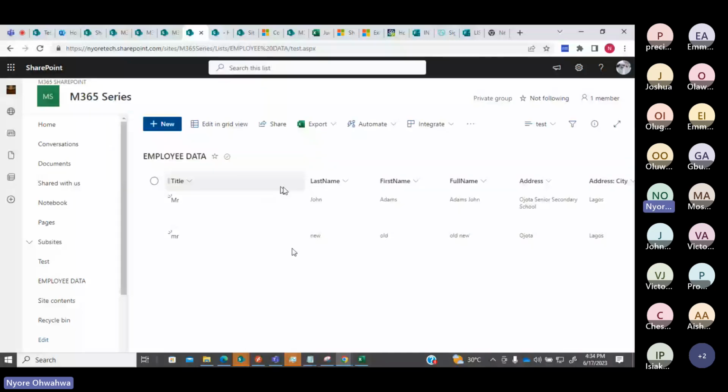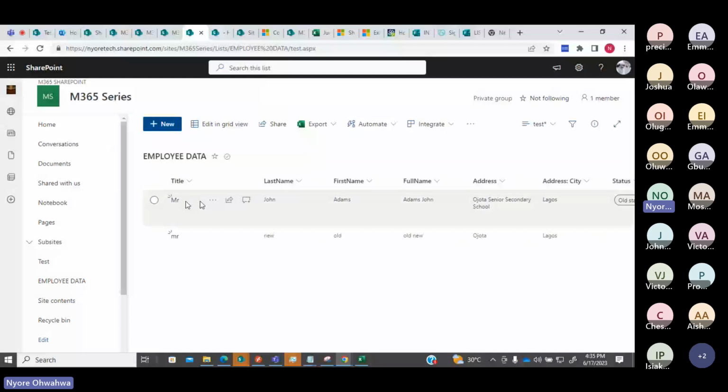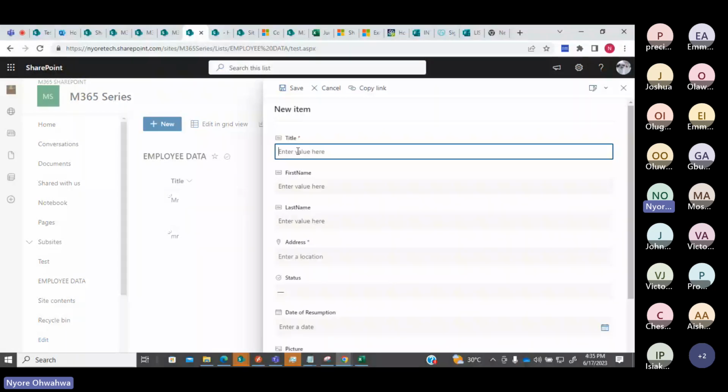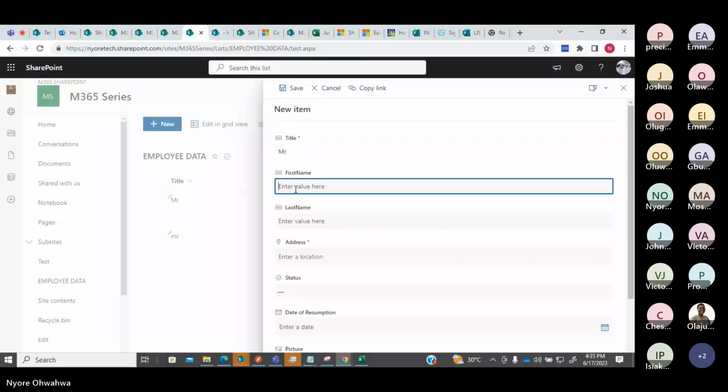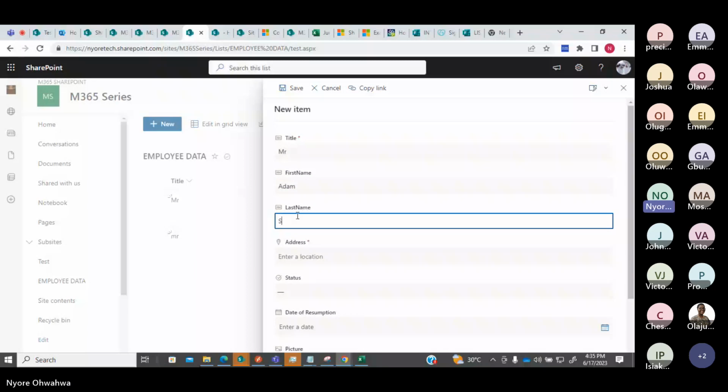So we have Mr. John Adams, full name, address, and this. So let's just create a new name to see what we have worked on, because we're just trying to fix some problems earlier. So let's say Mr. Adam Smith, address.